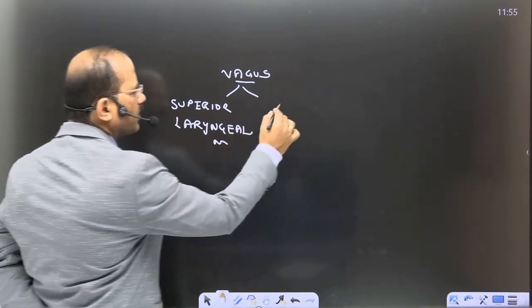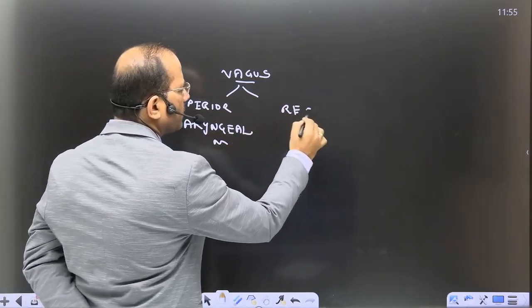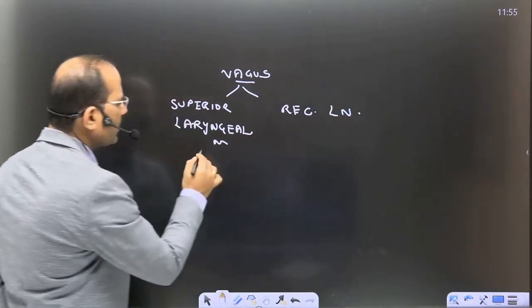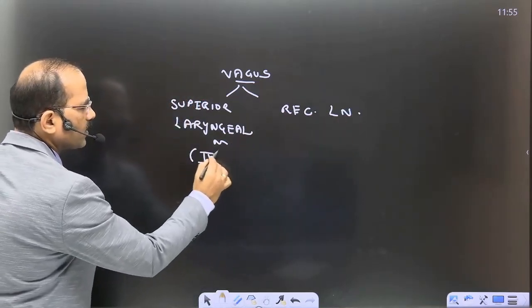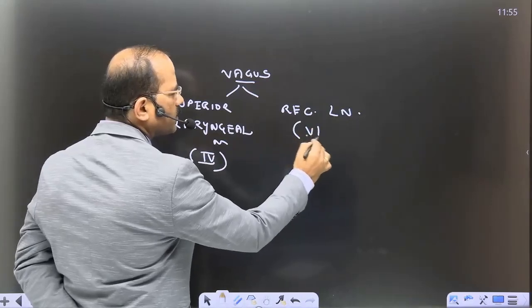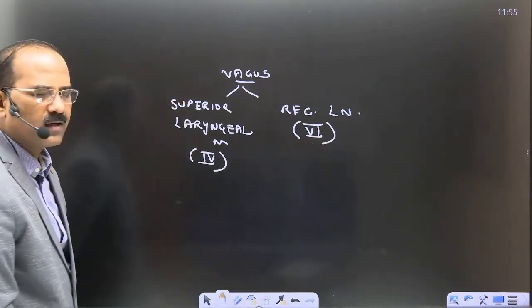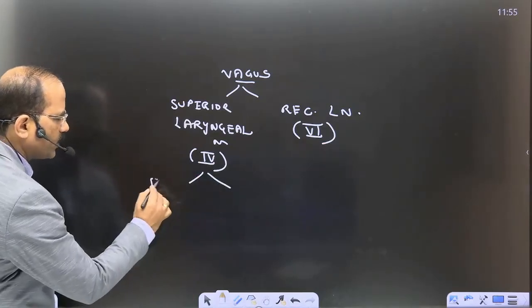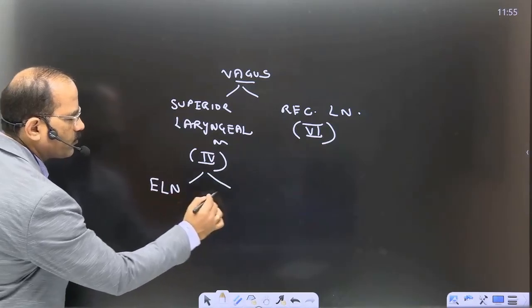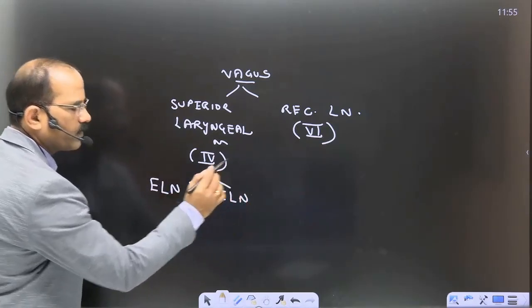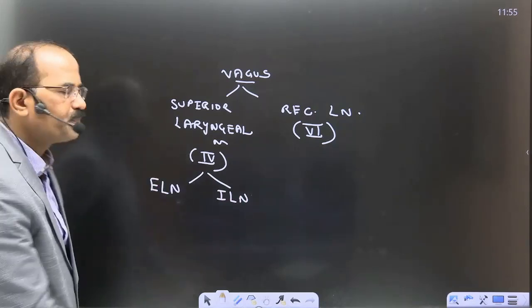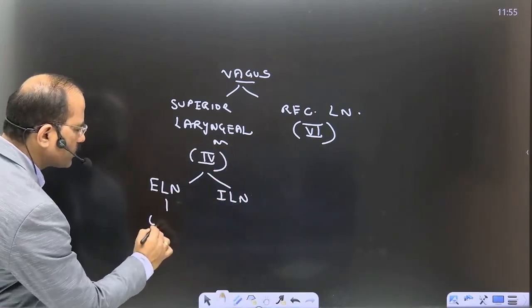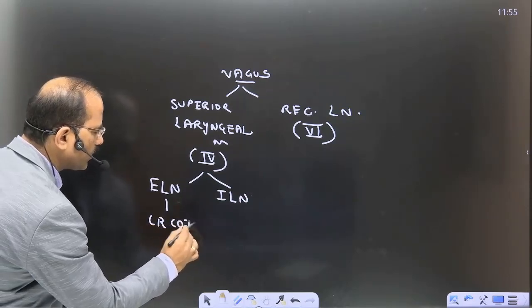And the other one is the recurrent laryngeal nerve. Superior laryngeal nerve is a nerve of the 4th pharyngeal arch, and the recurrent laryngeal nerve is a nerve of the 6th pharyngeal arch. Superior laryngeal divides into an external laryngeal nerve and an internal laryngeal nerve. External laryngeal nerve is going to supply the cricothyroid